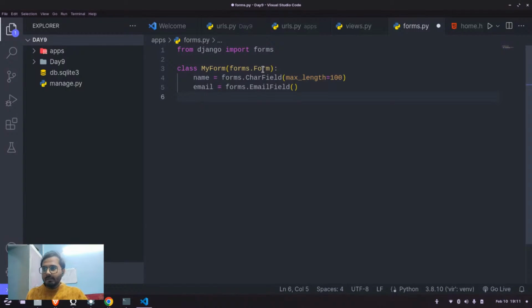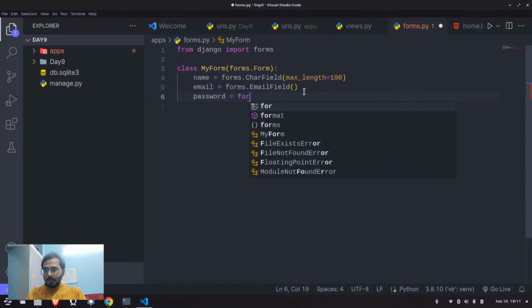I just make it like this. And suppose I just want a kind of password field, so what I can do is say